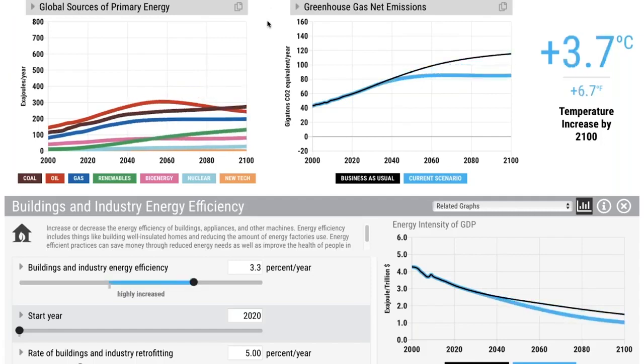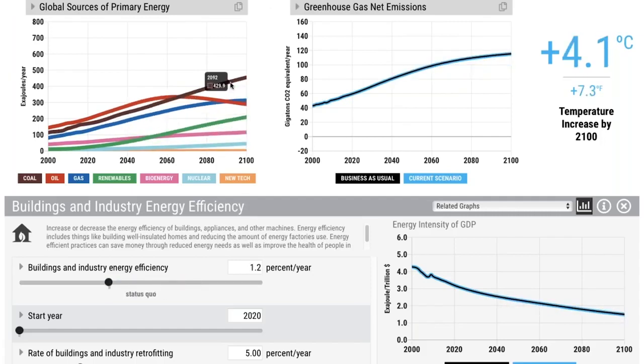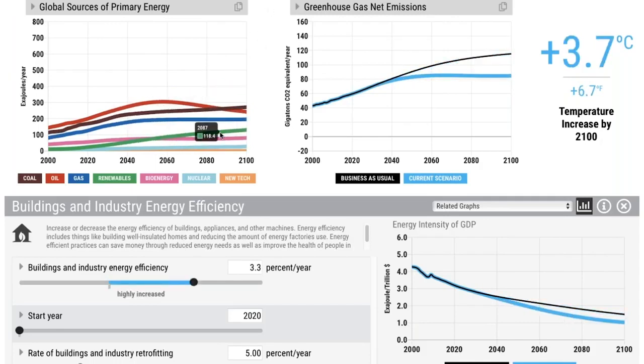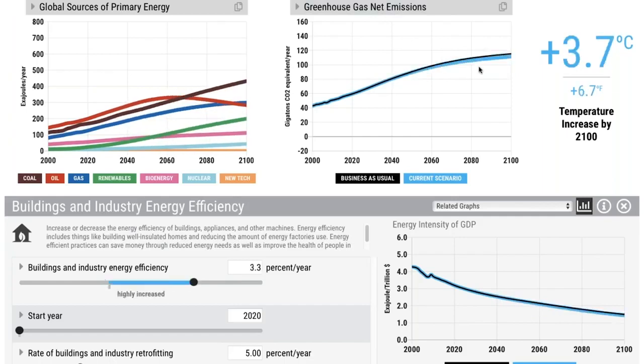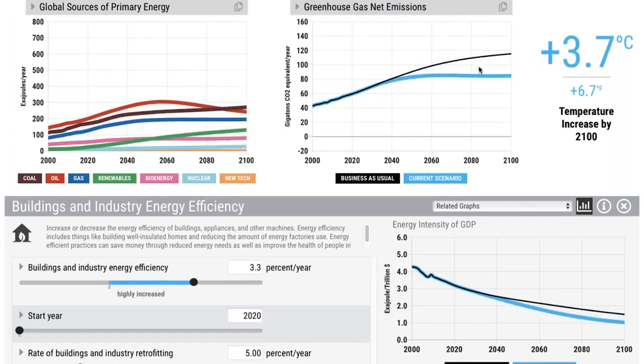What changes the most? Well, we need a lot less coal. See the brown line going down? A lot less gas in blue, a little less wind and solar. Wind and solar is doing well, but we need a little bit less. So you can see some interplay between solutions. And then 4.1 goes down to 3.7 because greenhouse gas net emissions drops. Instead of increasing, it actually flattens over time. So there is an important action. Did it help? Yes. Did it save the world on its own? No, not at all. It helped a good bit.